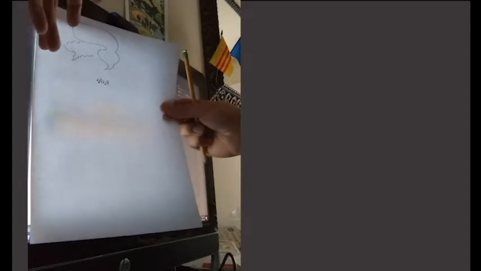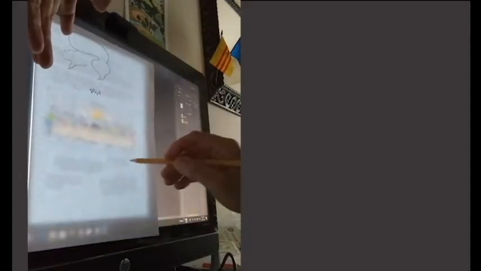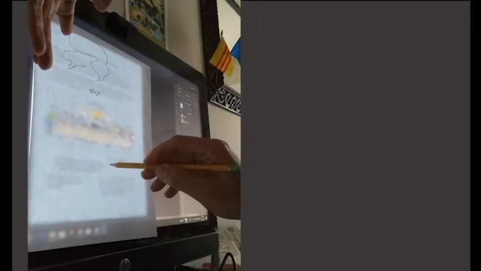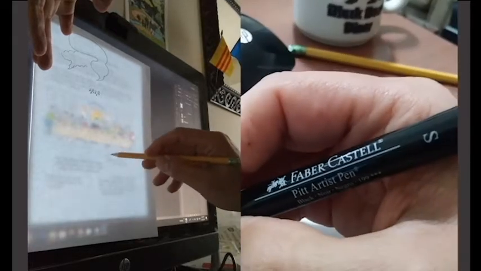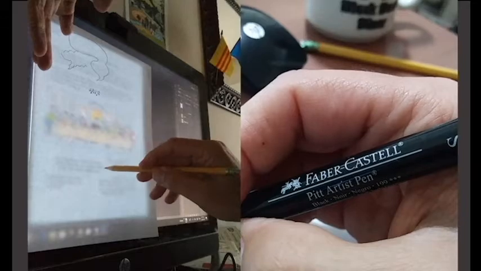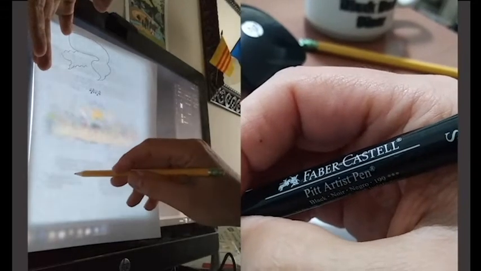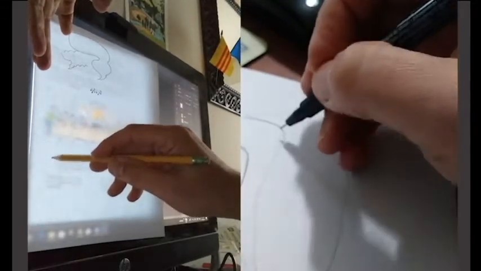Okay, this is really low tech, but to save some paper and printing inks, I then trace out where the speech bubbles will be from the screen. I use a Faber-Castell Pitt Artist Pen, small. Don't know why, it seems to work well.